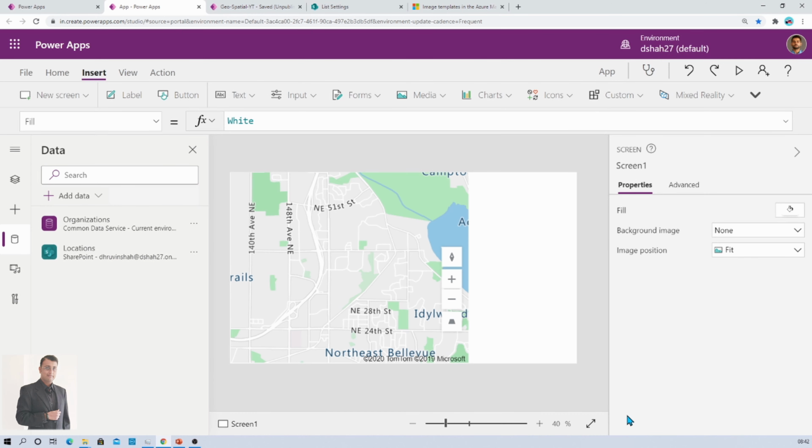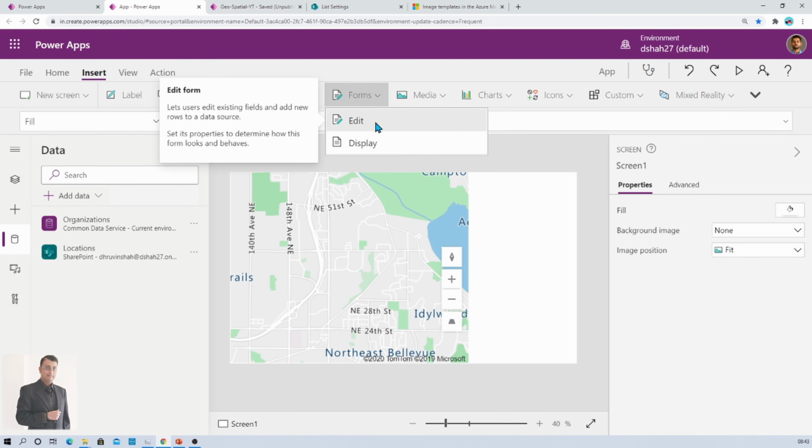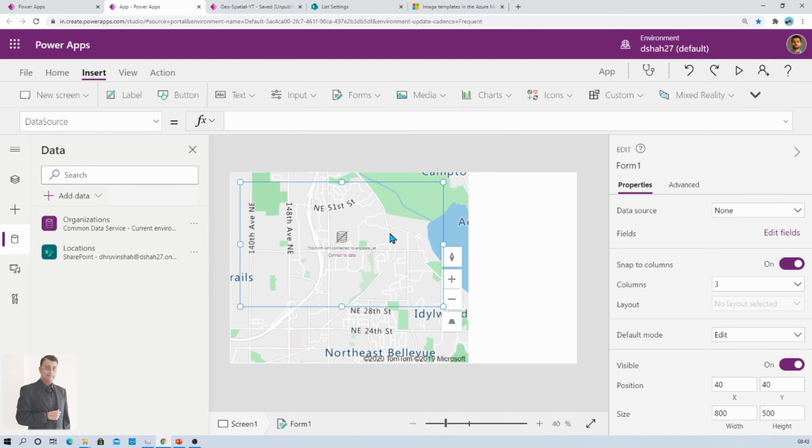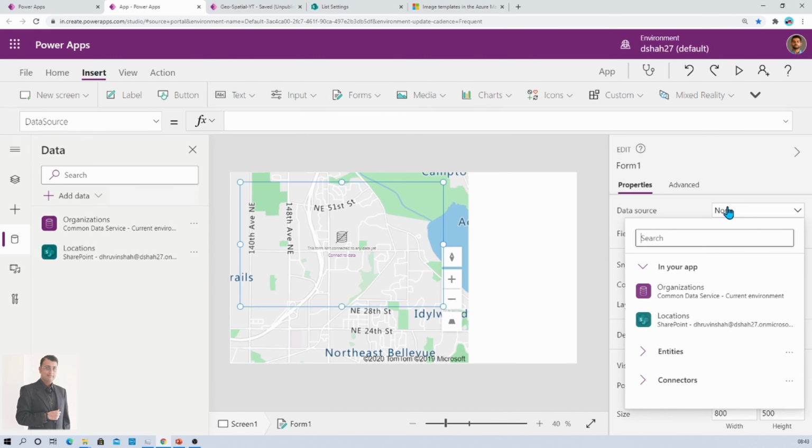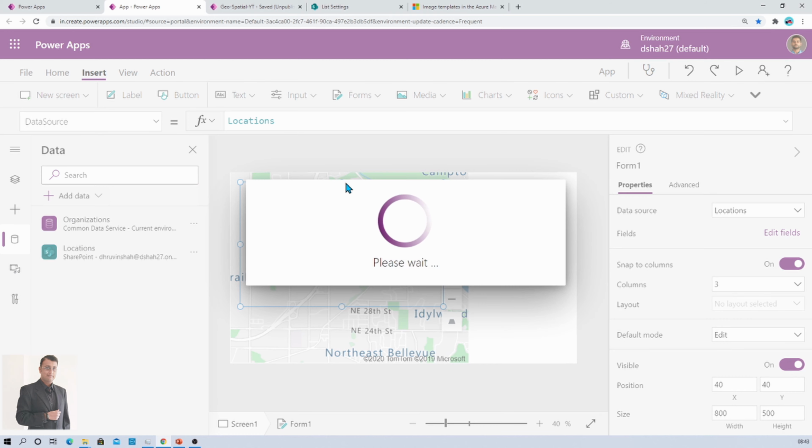So I connected my SharePoint list called locations over here. Now what we want to do is add one form. So I'm just going to click on insert form and click on edit form. And now I'm providing the data source of my form as locations. And the form has been created